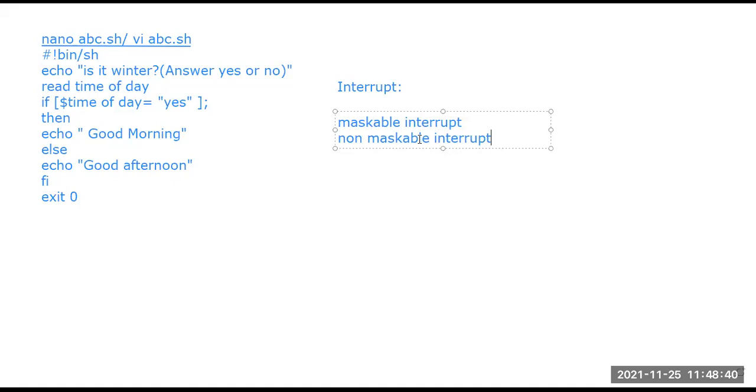With respect to the process going on, that interrupt signal's priority is not so high, so in that scenario the maskable interrupt can be ignored. But a non-maskable interrupt cannot be ignored. It has a higher priority with respect to the process going on.